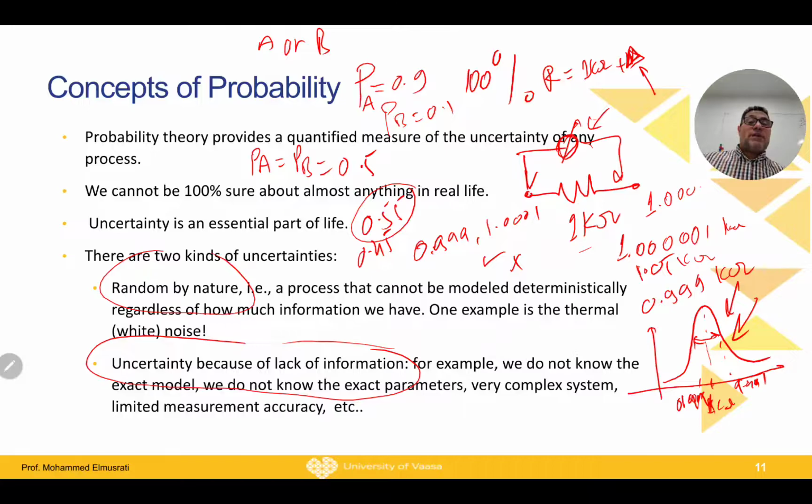For example, if I told you that your car in the morning will most probably not start up because of some problem, or I think it might not start up, it is just words. In this kind of wordy talking, we as humans can have some concept out of that, but first, it is hard to give it to a computer to do calculations. The second thing, it is also hard for us to take a decision based on that.